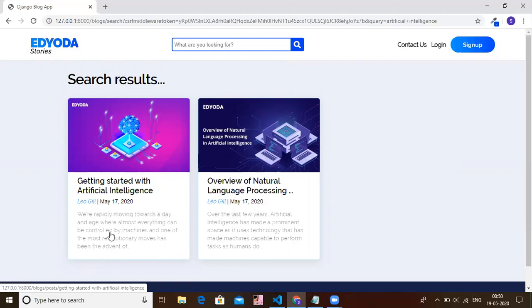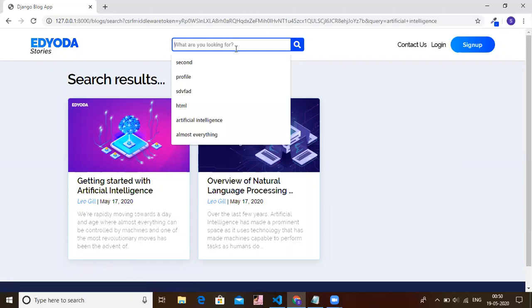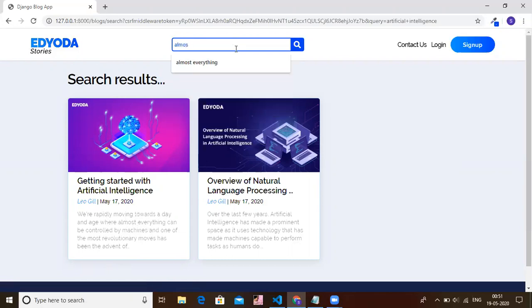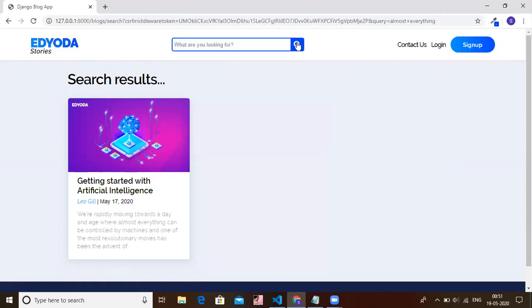Now the user can also search on the basis of the content of the post. Let's say the user wants to search for a term that says "almost everything", which is here in this post. If we search for this term, only this post should appear, and there we go.